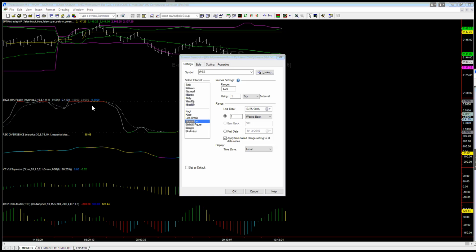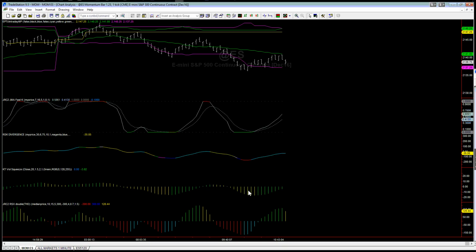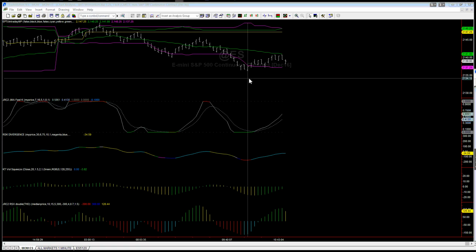But when the trend changes, it's late, and of course it's late. But this particular trend indicator, using a range bar, a momentum bar with a range of 1.25, has worked in the past reasonably well. But you can see that even in this particular case, from the low,